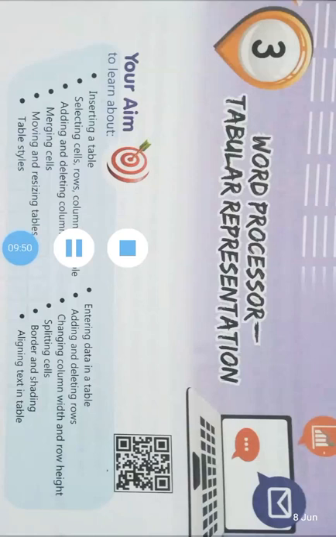fixed column width. When you click on a table, you notice a plus sign at the upper left corner. This is called the table move handle, which is used to move a table. The small hollow square at the bottom right corner of the table is called the table resize handle. This handle is used to resize a table.